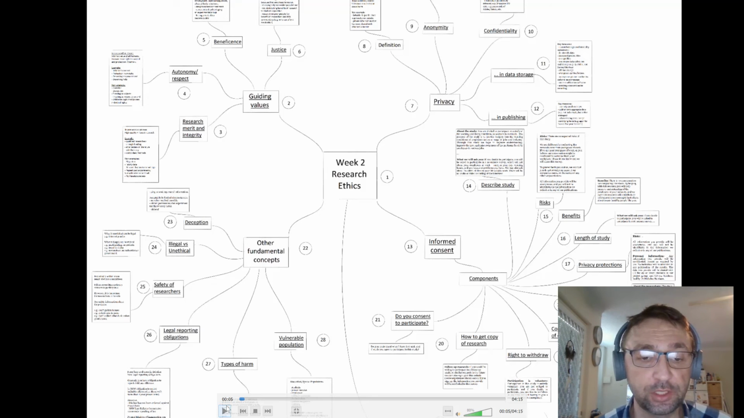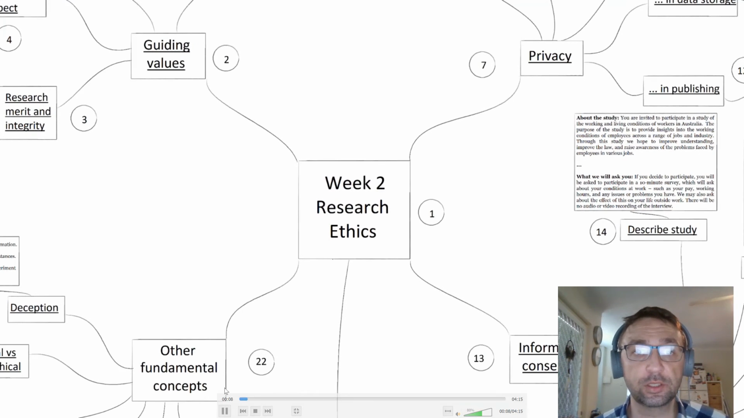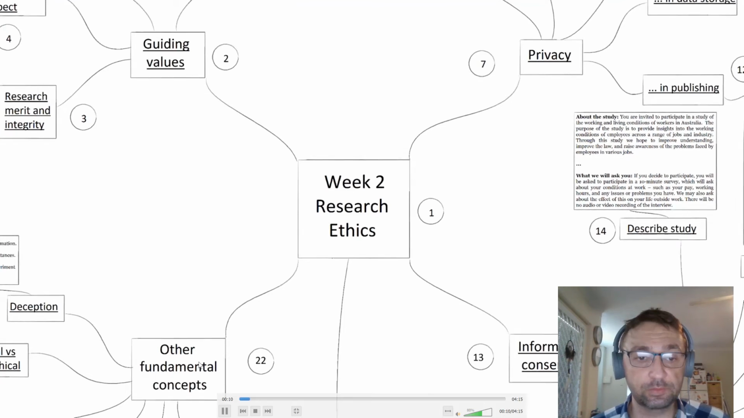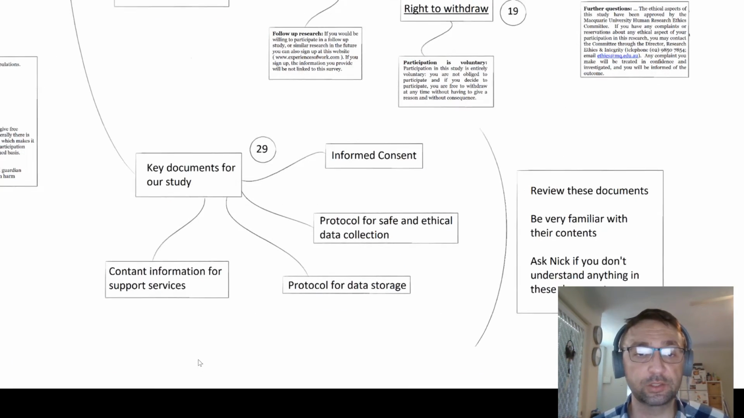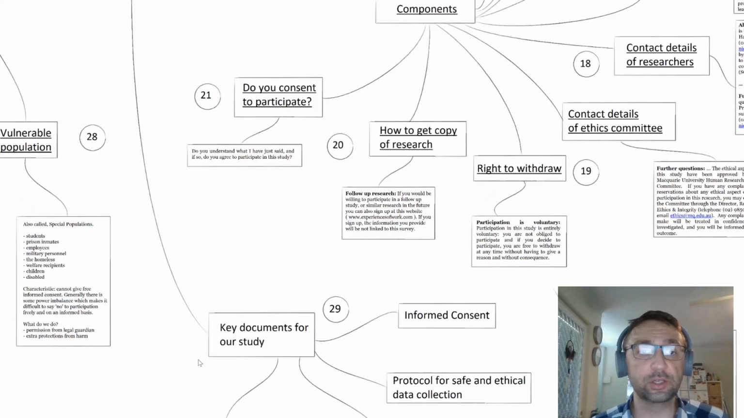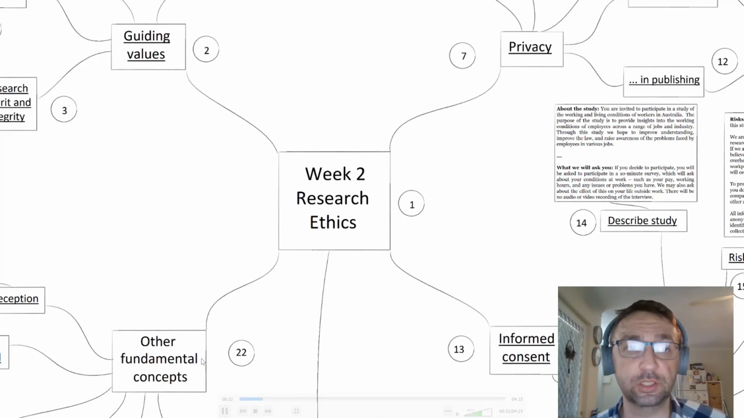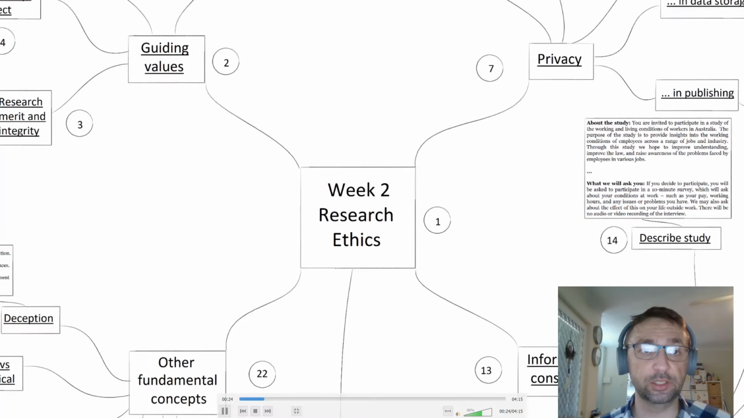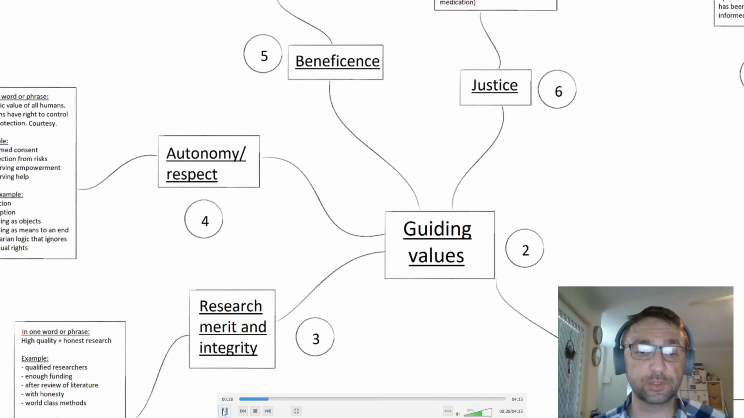But let's get straight into it. Try and make this quick. So yeah, this is the fifth bit. We're going to look at the key documents for our study, or at least I've uploaded those to iLearn. So okay, that's the end of slide 1. That's slide 1. We're going to go to slide 2, which is guiding values, and that basically ends up